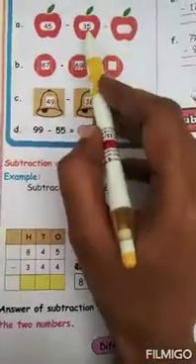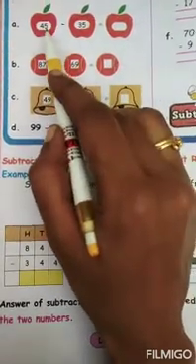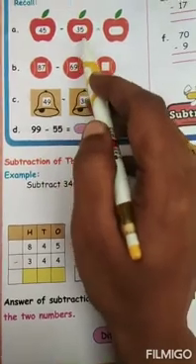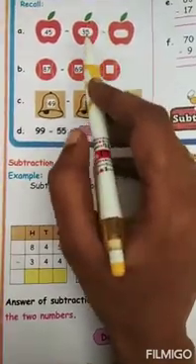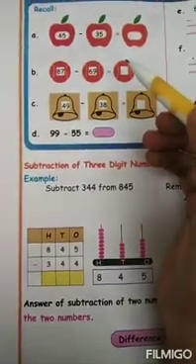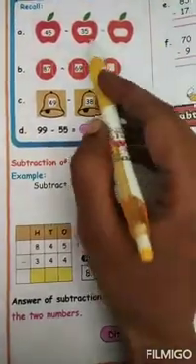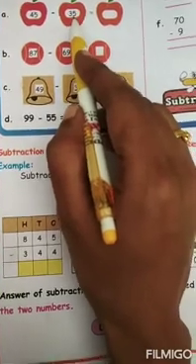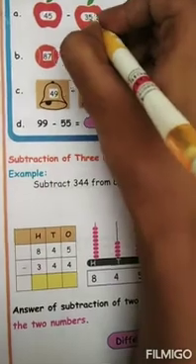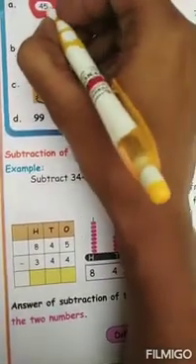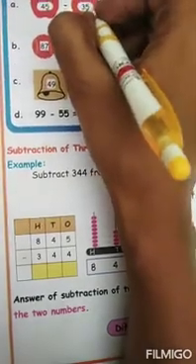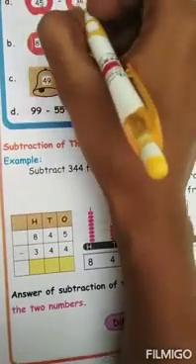What is the first one? 45 minus 35. Okay. So if you want to write the number in vertical manner and then subtract, you can do that also, children. But try to subtract the numbers like this itself according to the place values. Okay. So in ones place you have 5. Here in ones place you have 5. So ones place and ones place you have to subtract. Yes or no? 5 minus 5.